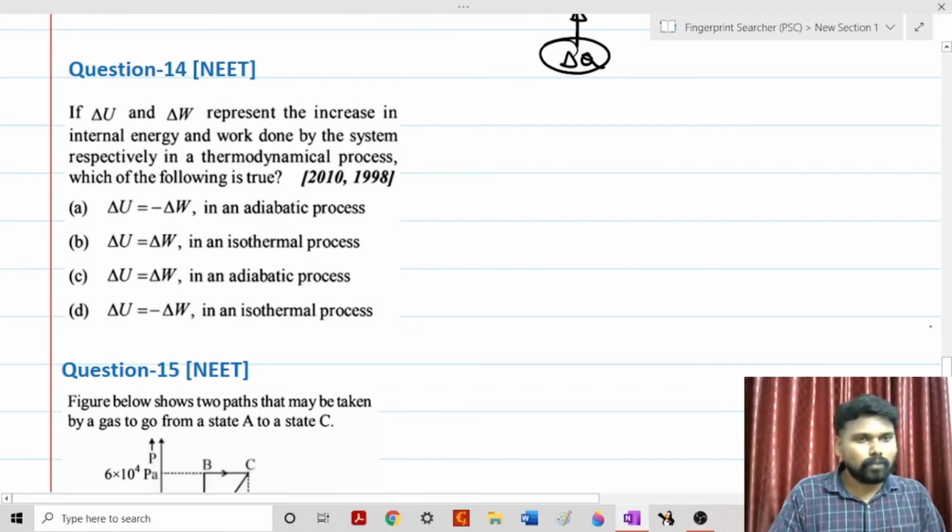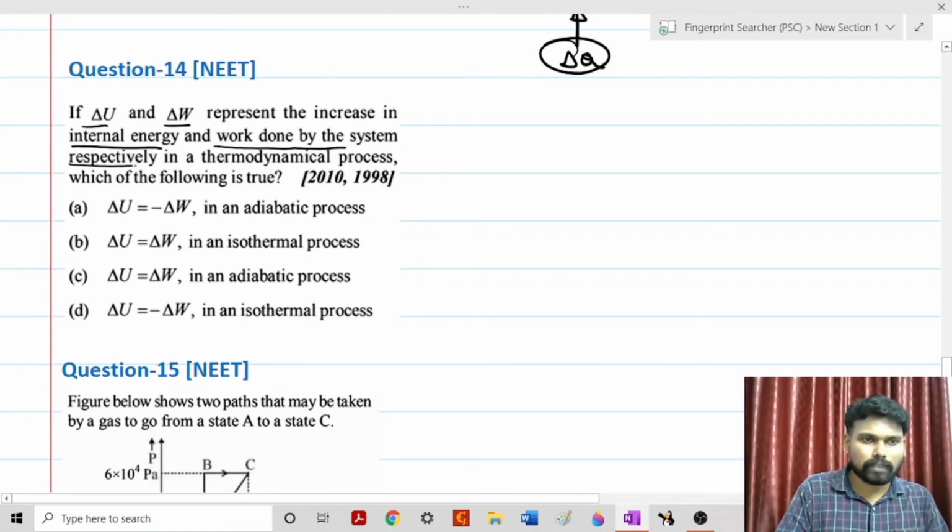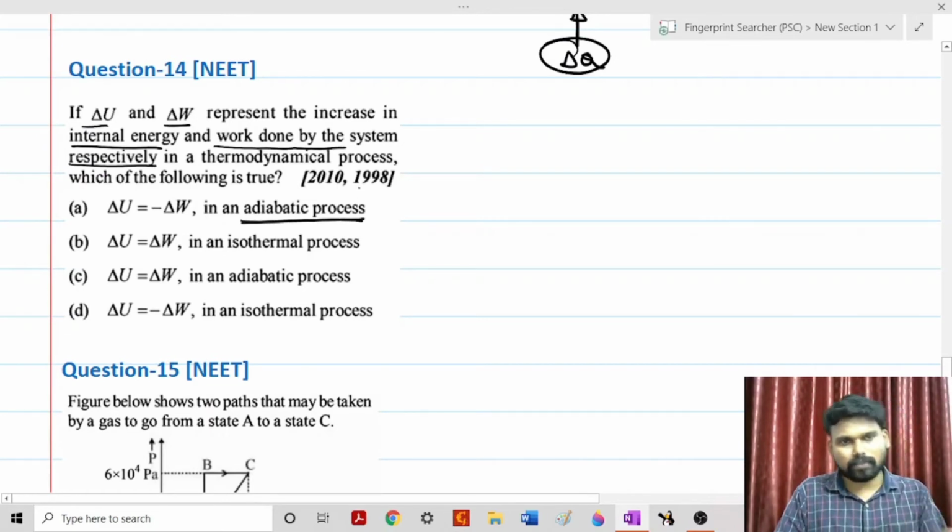Okay, now going to the next question. If delta U and delta W represent the increase in internal energy and the work done by the system respectively in a thermodynamic process, which of the following is true? We will look at the options one by one. So the first one is adiabatic process. By first law of thermodynamics,